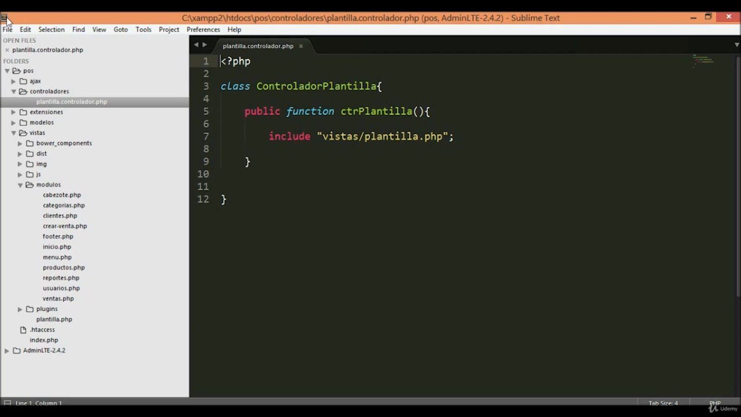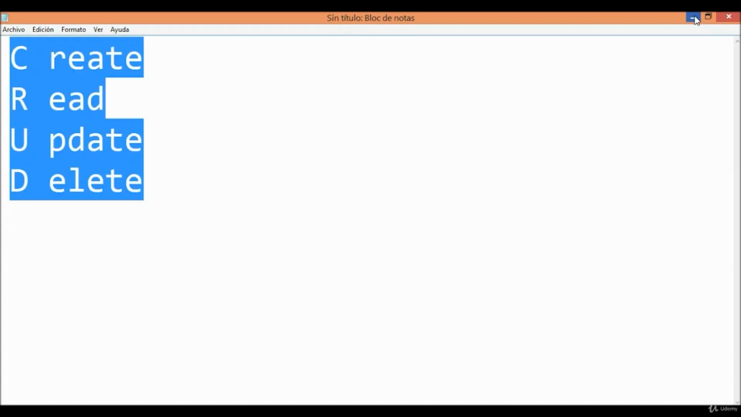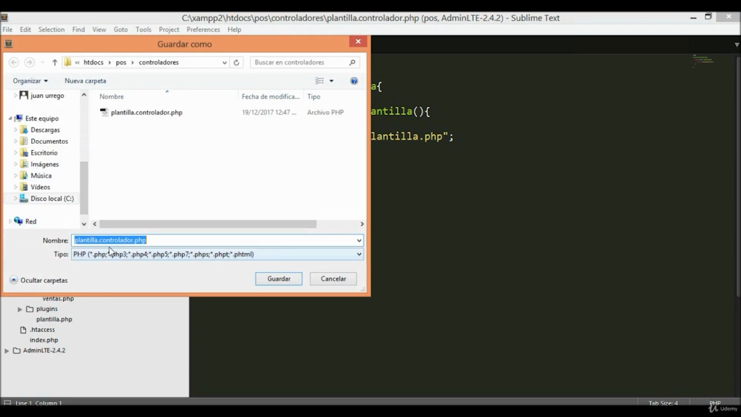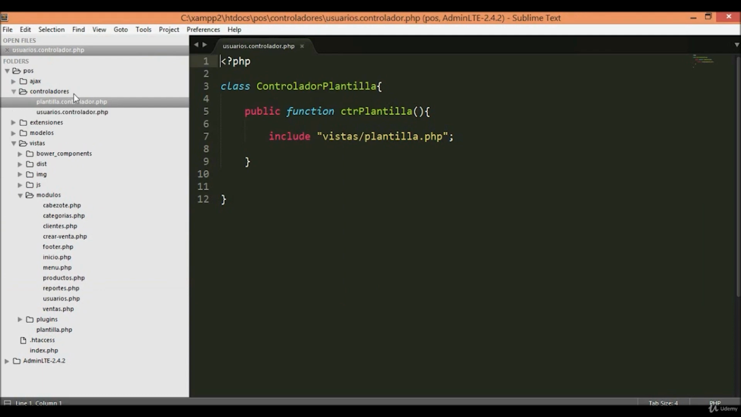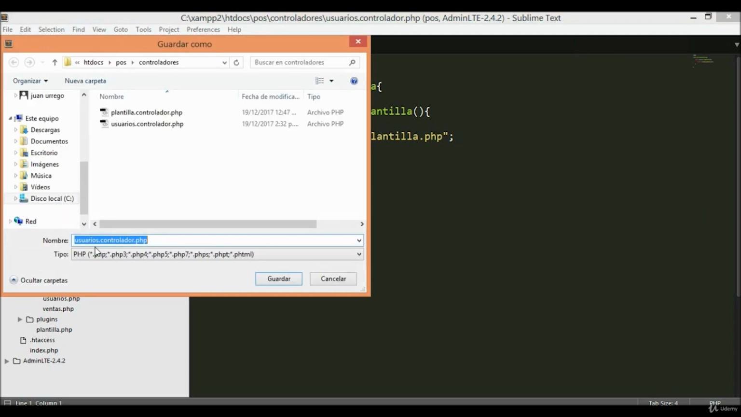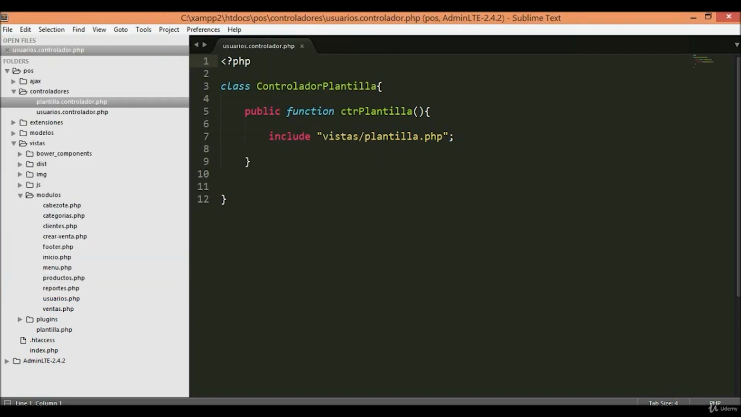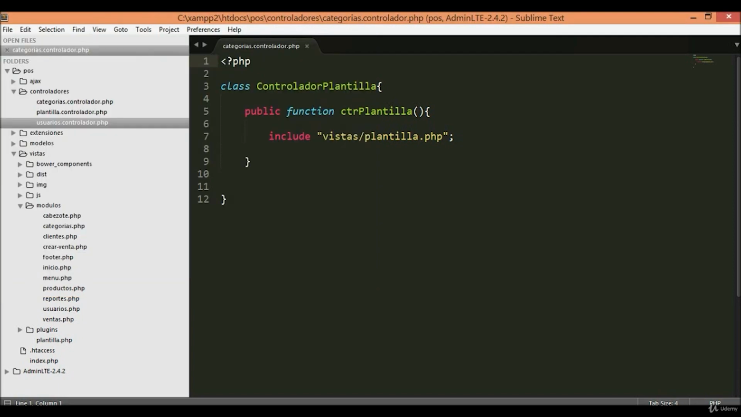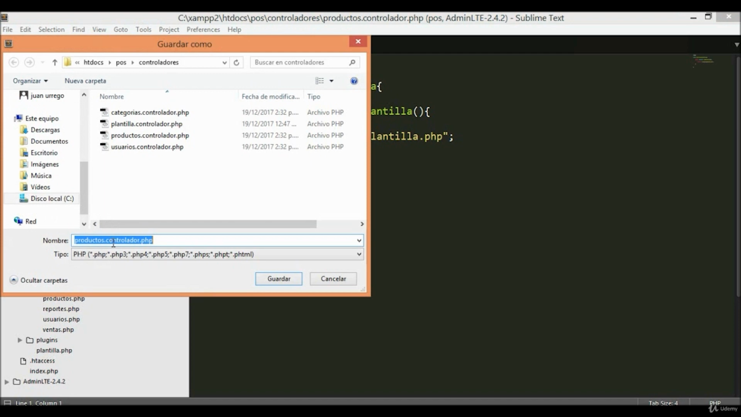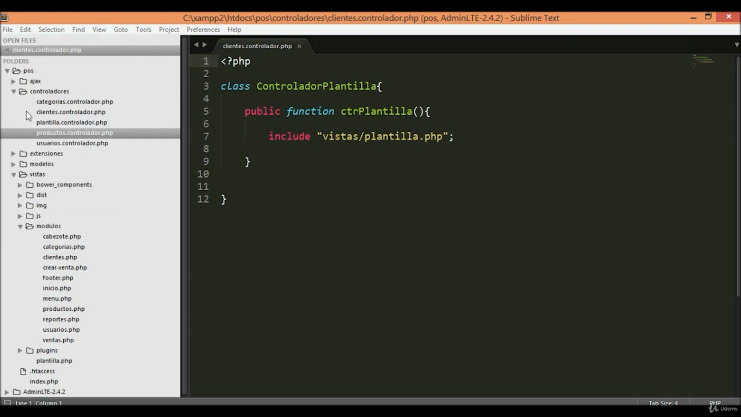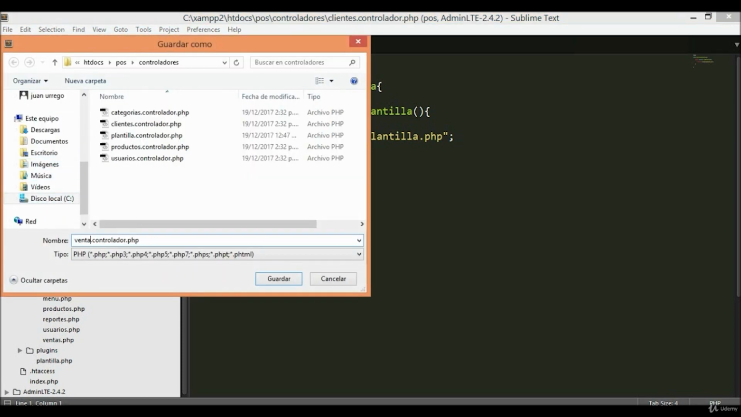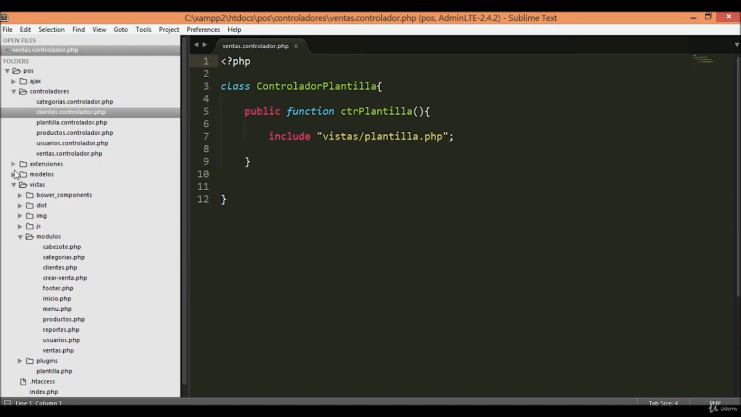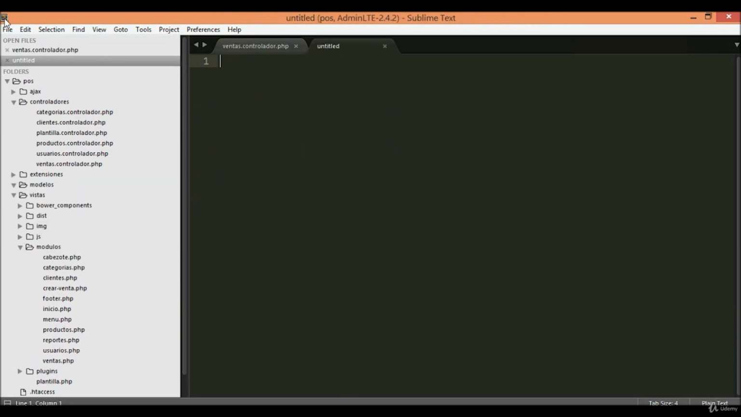I need to do the CRUD for the user. So it will be users controller. Now we are doing the same for the other models. In this case, products, clients, sales dot controller dot php, and the same will go here